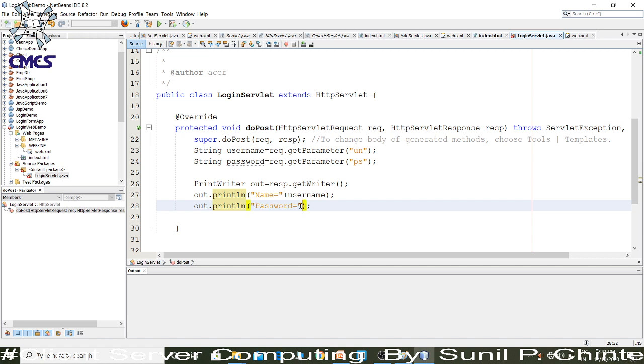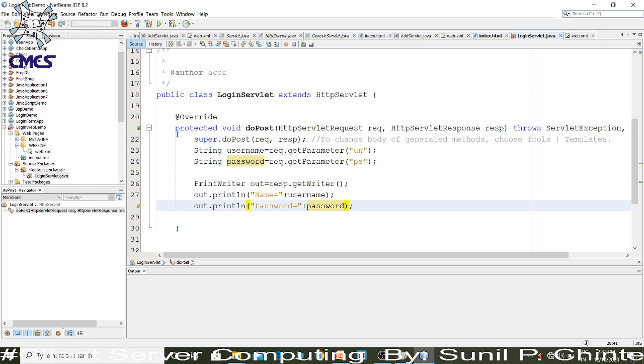We have obtained the password in a variable named password, so I will use the variable name password. So this is the simple servlet that will read the username and password from the clients, and it will send the response to the clients by using the object of the PrintWriter class that will write the content on the HTML file.